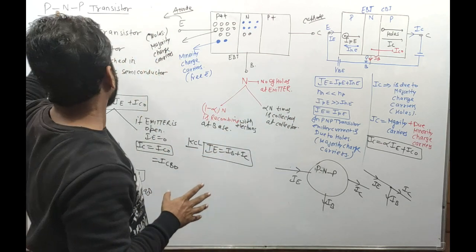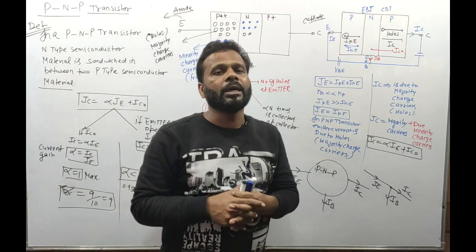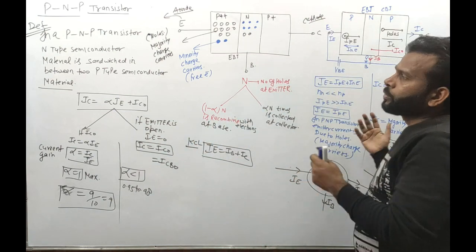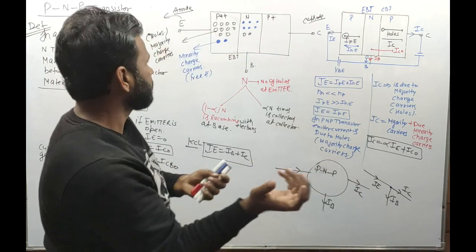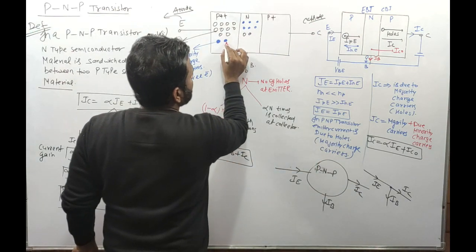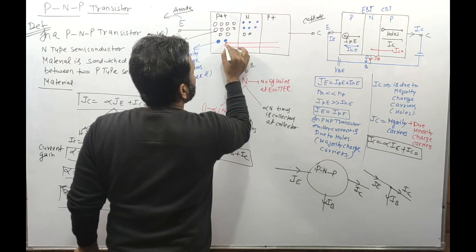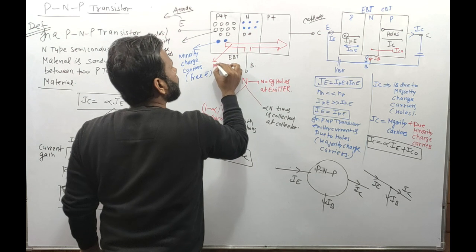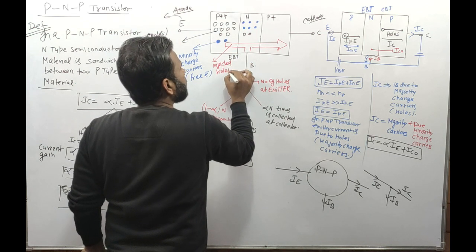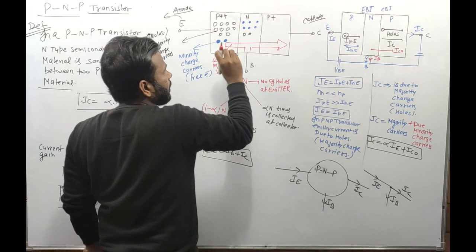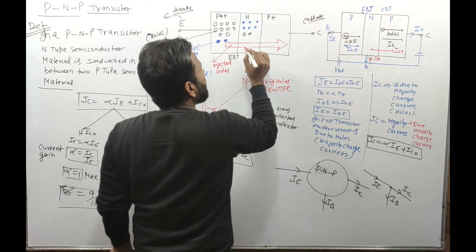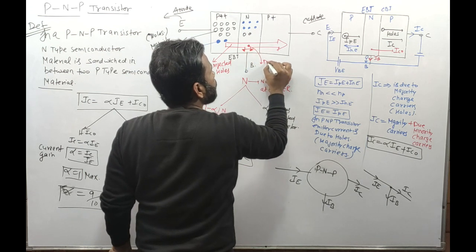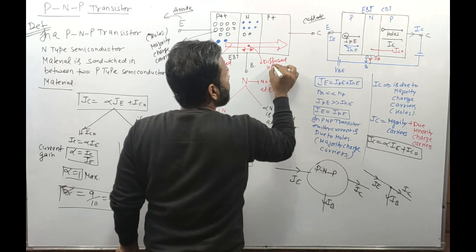The whole working of the PNP transistor, how we will consider the currents, collector current, emitter current and base current, I have told you almost everything. Now lastly, one thing regarding the diagram. Suppose these are the injected holes, we are injecting holes. Then these injected holes will travel from emitter to collector via base. Then some of the holes will diffuse here, diffused holes with